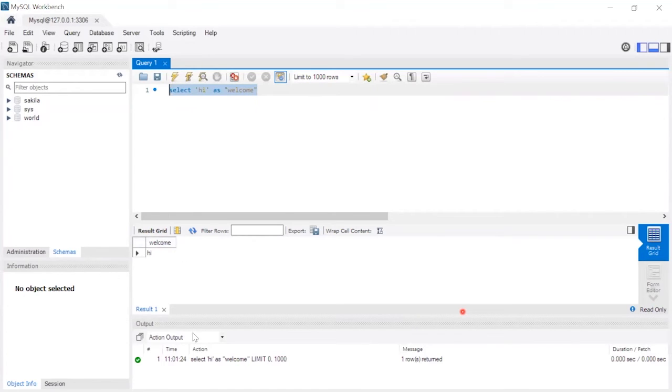And if you look here, you can see that there's the action output tab. This is basically giving you the details of your query. This shows the action that was performed. This shows when it was performed. Right now I did it at around 11 in the morning, so that's why the time is 11. This is the first